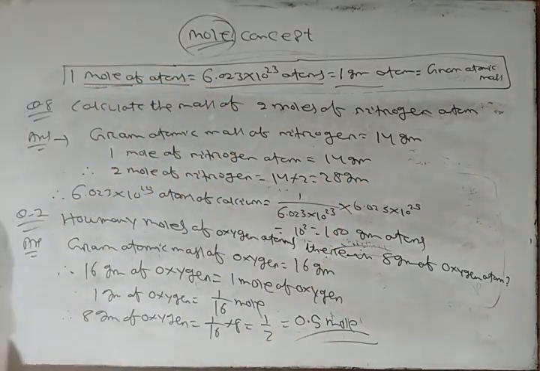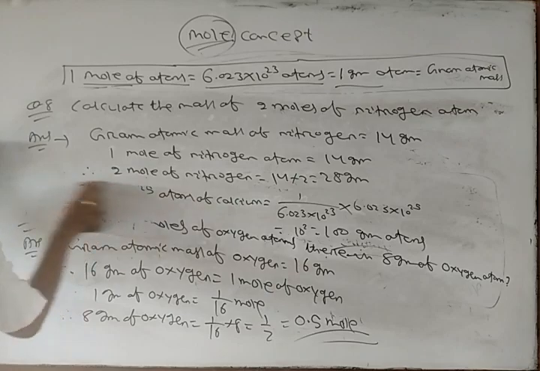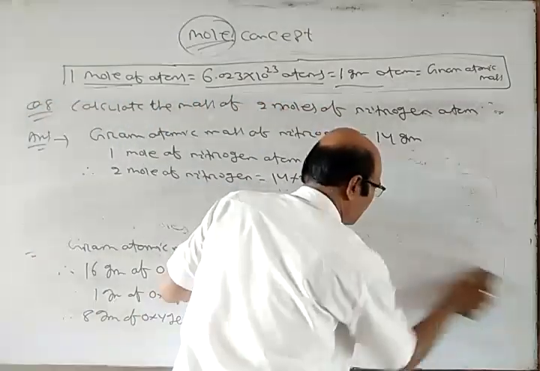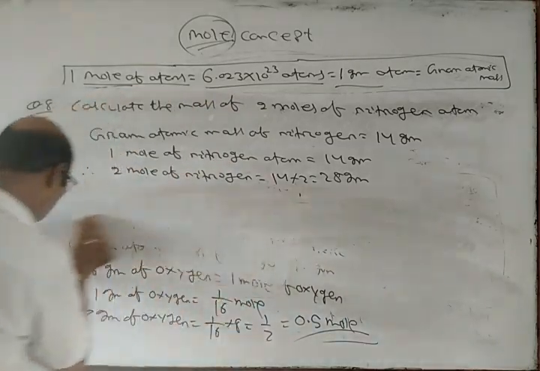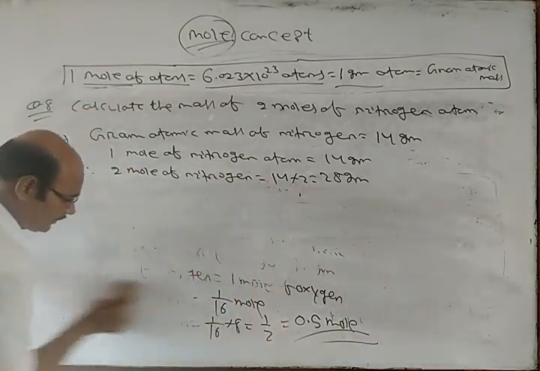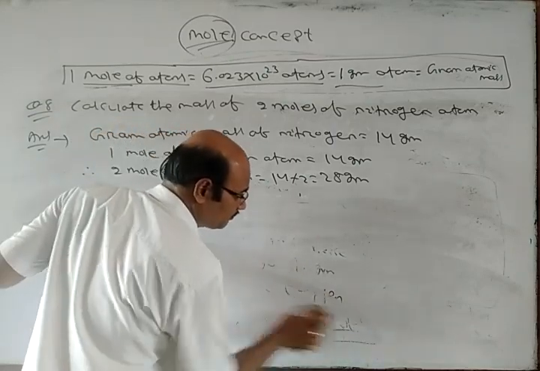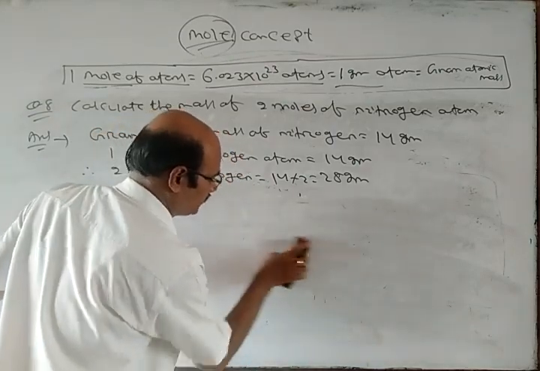Okay, so this is mass into mole and mole into mass. Okay, so calculation of mass of a given mole of substance and calculation of number of moles for a given mass of substance. Okay,